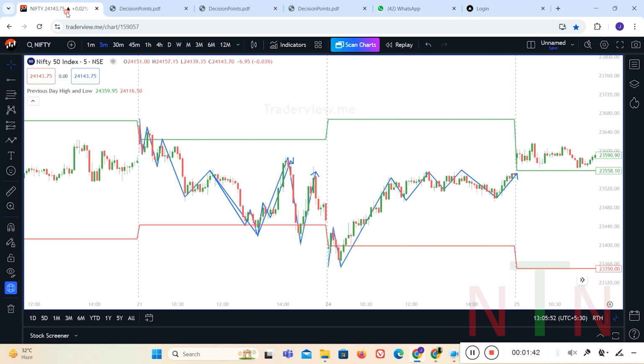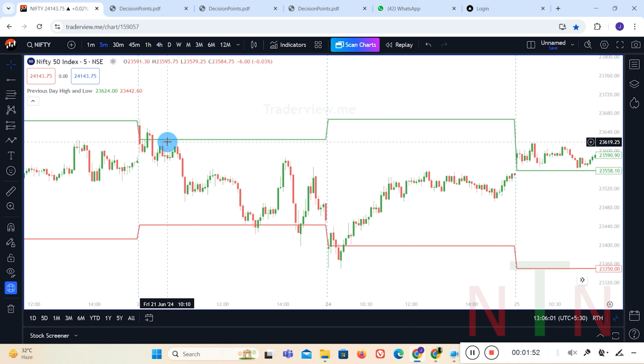We go into the chart and see this along with the open price. I'm just removing these drawings. Let the previous day high and low be there; these are all the decision points. These are constant levels for an intraday trader to take a decision. If you see in the first 5 minutes candle, the open price is above the decision point, the previous day's level. It opened above.